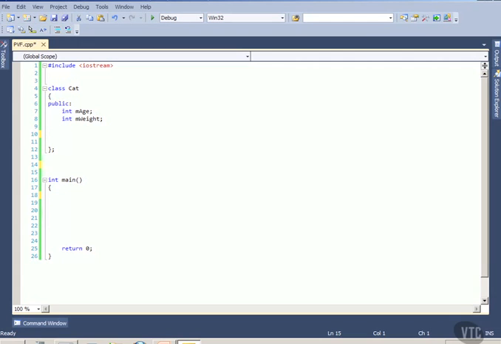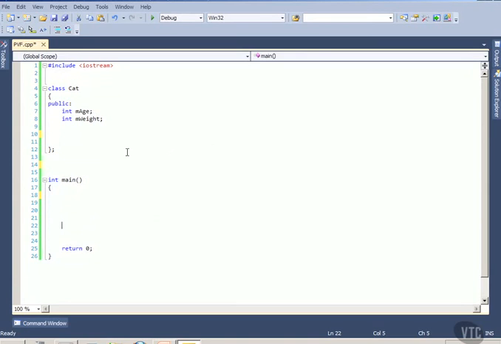Now let's take a look at an example of a pure virtual function. This is in a project entitled, you'll notice right up here, Pure Virtual Function, and it's set up just like all the other examples in the course, so I won't take you through that whole thing again. Now notice we have our main